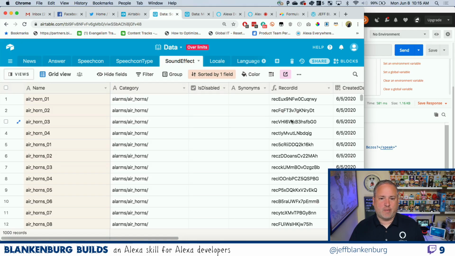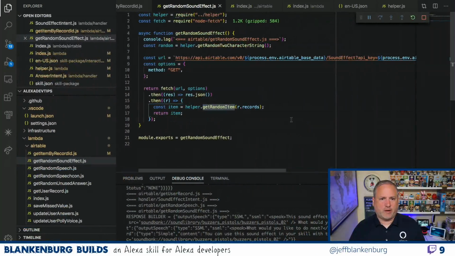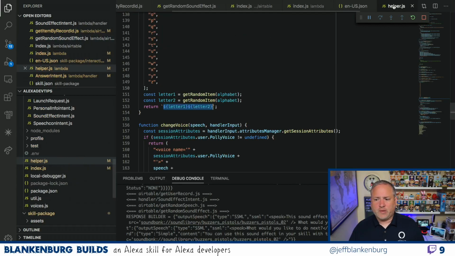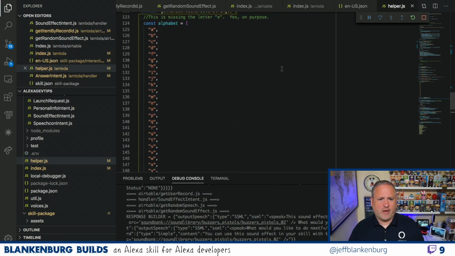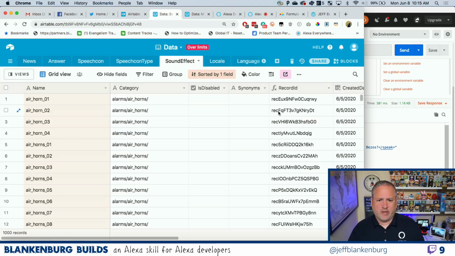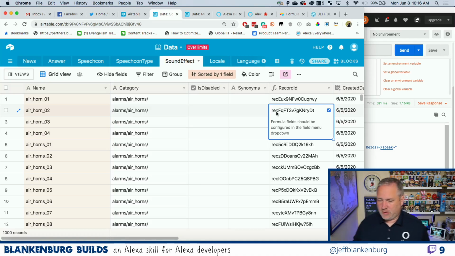So the one thing that I mentioned was, if you look at my function, thanks W. Giorgio, is that I have a list of the alphabet here, but you can see that E is missing. A, B, C, D, and E is not there. The reason E is not there is because I'm doing a 2-character pair, and you can see that every record contains REC. So RE wouldn't work, EC wouldn't work, because those would both fail. So all I did was remove E from my list of options, and now I will never match RE or EC as potential pairs.